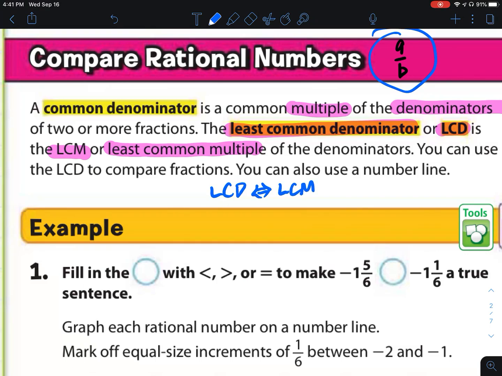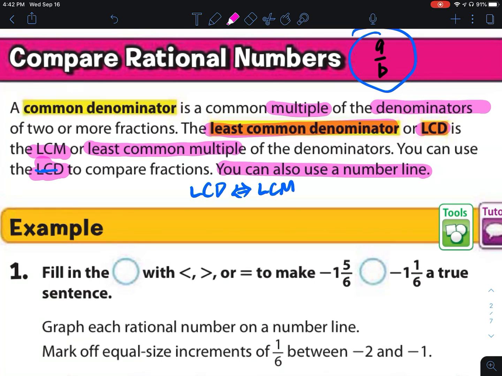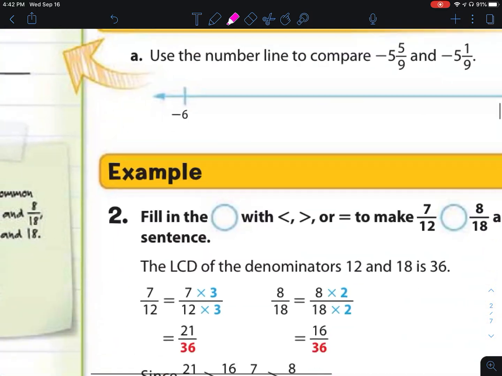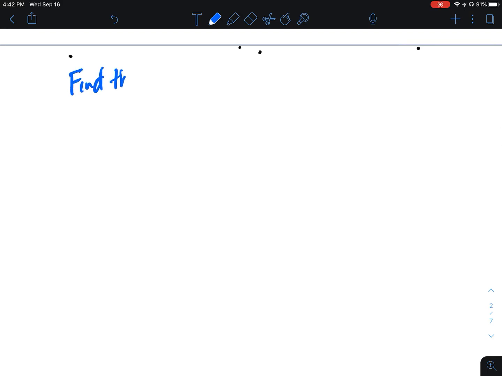So if you find your least common multiple, you can also find the least common denominator if you're talking about a fraction. Once we find our LCD, we can compare fractions using their LCD. We can also use a number line for this. But before we use a number line, let's talk about multiples and denominators, what they're all about. So let me go to this page, and let's say I want to find the multiple